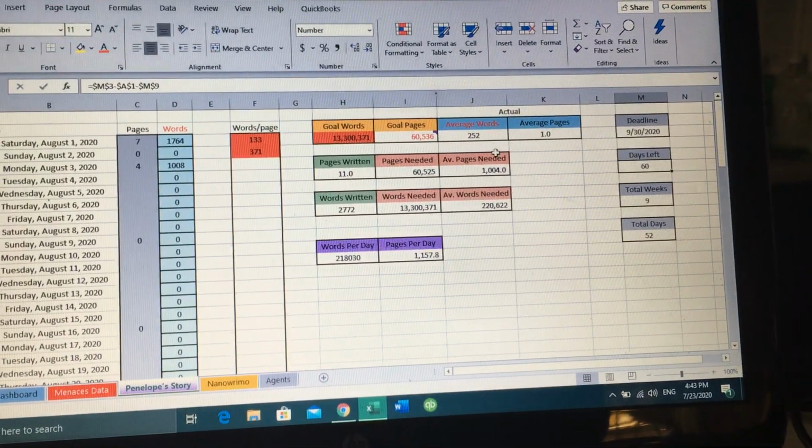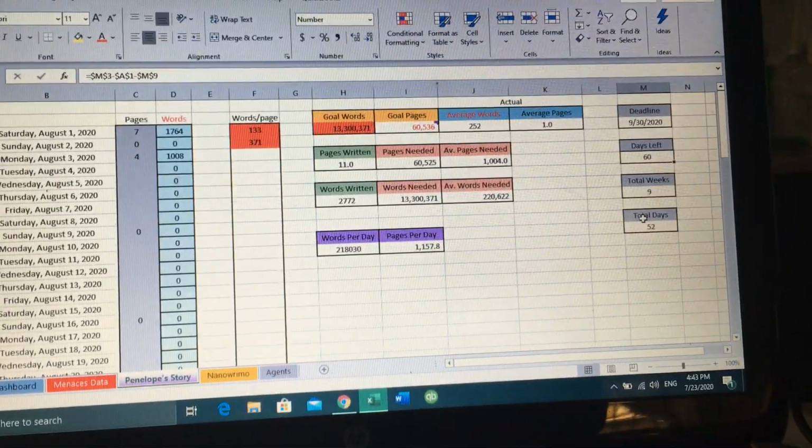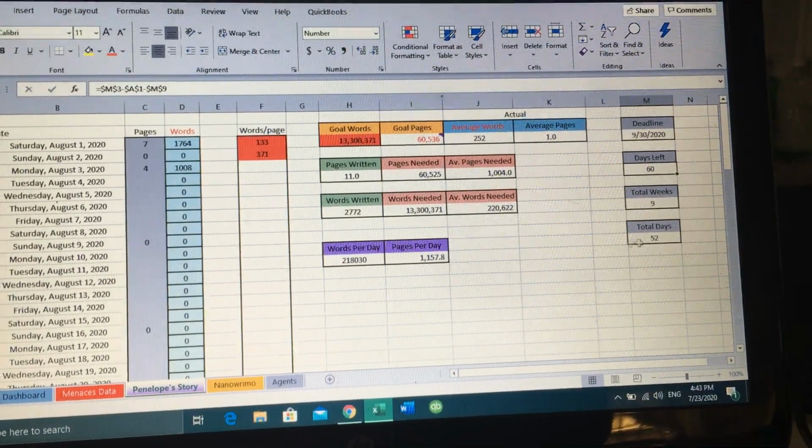But today, total weeks, and that's actually so that I can take out the Sundays, and how many weeks are in the next 2 months. Total days, excluding the Sundays,